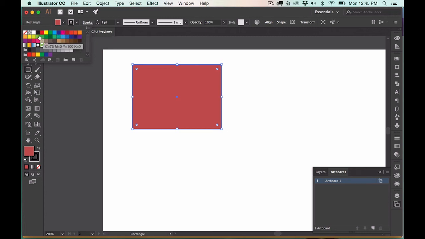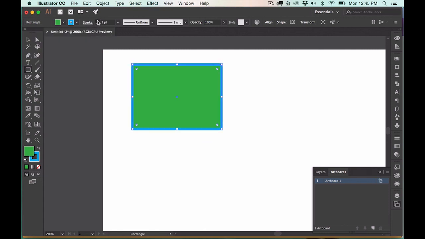Okay, so let's say we want to make this box green, and then we want to make the outline red, no, blue, and we want to give it a stroke of 5. So now you've just made a frame really quick and easily. Okay, this is your stroke or your border, and then this is the inside of your box. What if you wanted to flip those colors? Well, you just click this, and now